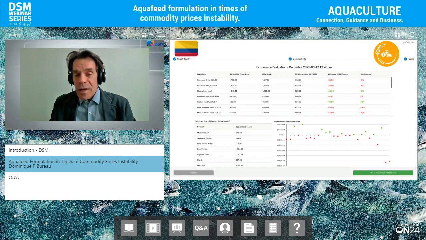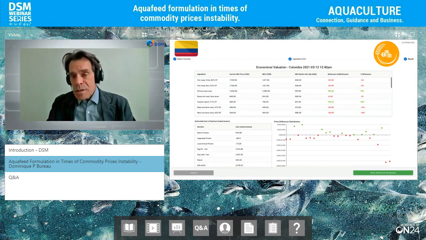This way you can identify which ones are the good deals and the bad deals. So the red ones are bad deals, so fish meal in this case, or everything. And the green ones are actually good deals. When you buy them, you get more nutrients for the value than the market value. So it's a simple, systematic way that takes into account not just protein, but fat, phosphorus, EPA, DHA, starch, and other nutrients like methionine, lysine, which are costly. So we're developing these tools, making it better all the time. We're improving the statistical model to make it a useful tool for the industry.